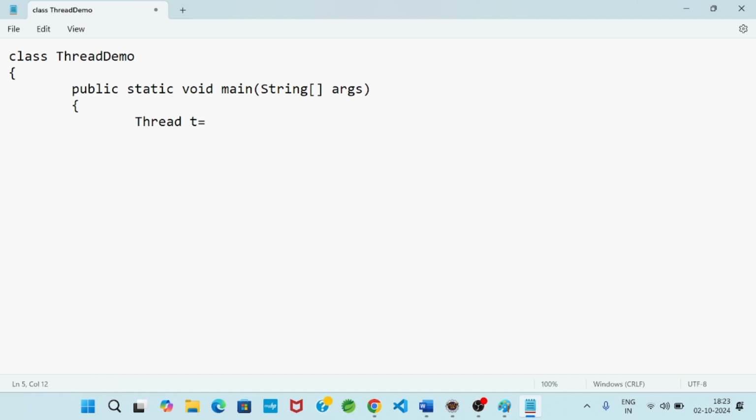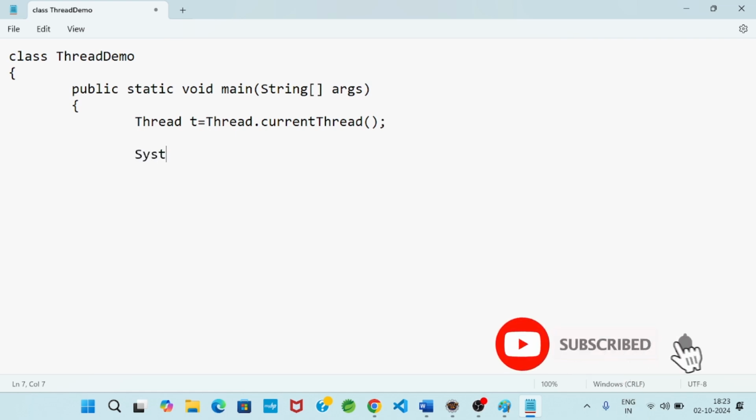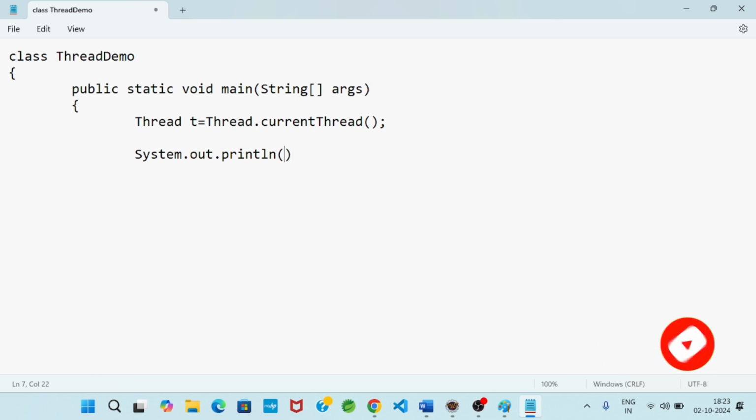Then the question is, how do I get that current thread? So what I wrote: Thread t = Thread.currentThread(); Now I will write an output statement, System.out.println(t).